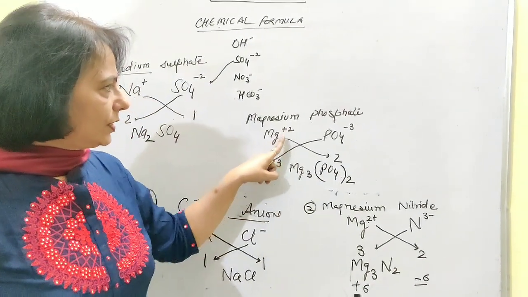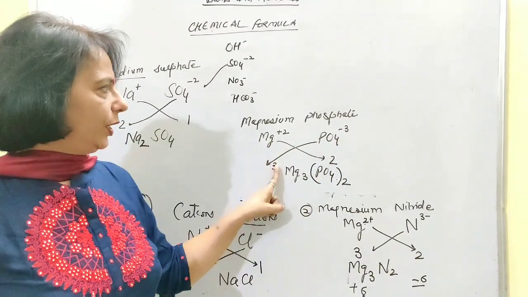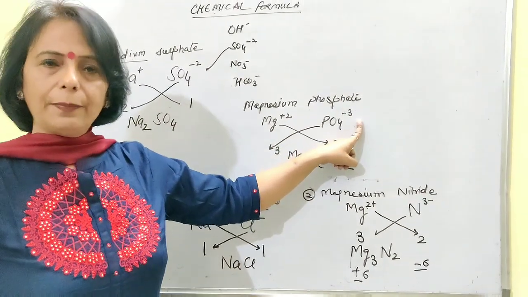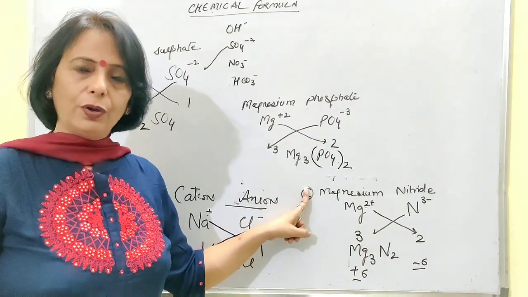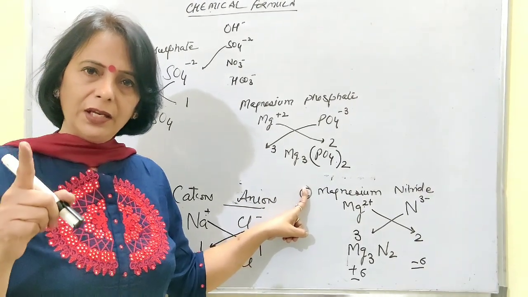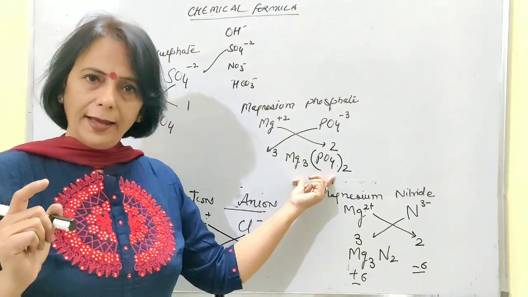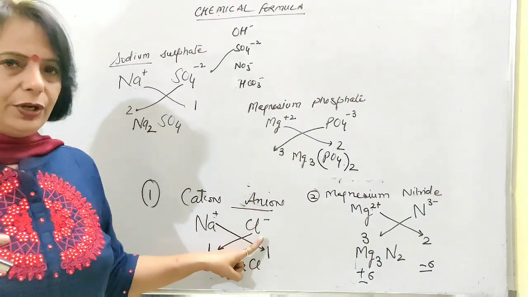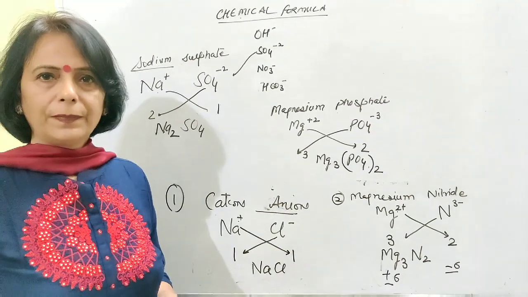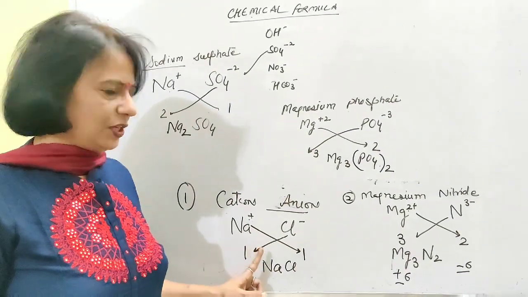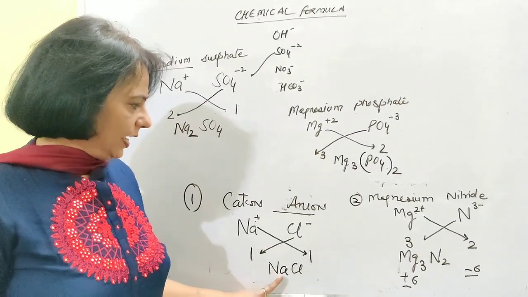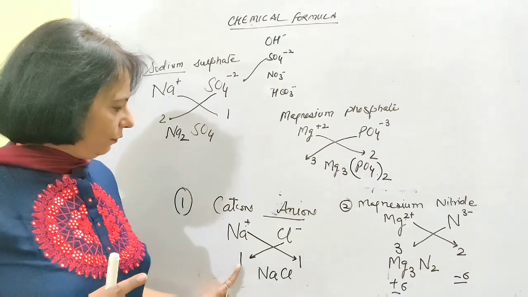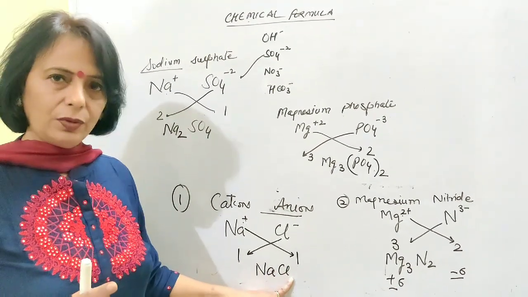Now look, 3 2s are 6 and 2 3s are 6. 6 positive and 6 negative charges are participating in the formation of this compound. Overall, positive and negative charges are equal, so a neutral compound is in your hand. So what I told you, the first part should always be the cation and the second should always be the anion. After the crisscross, those valencies which come after the exchange have to be written in subscript form.